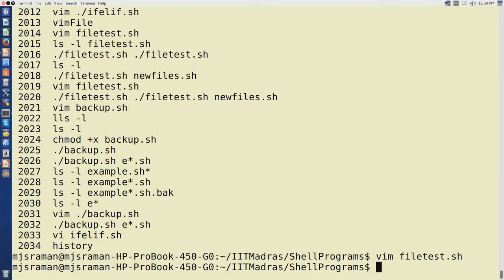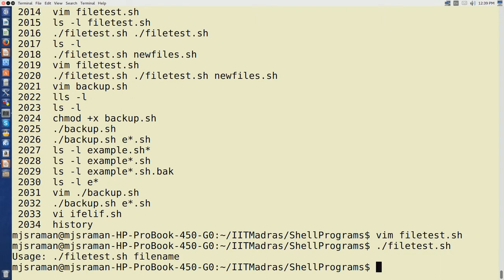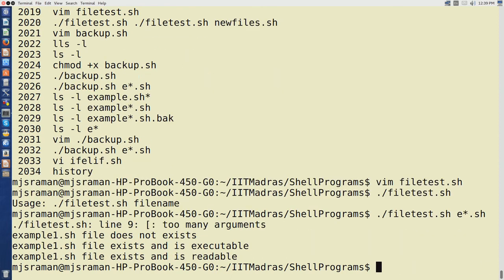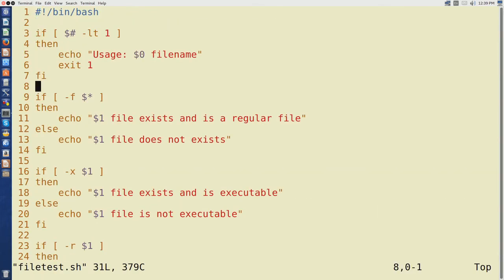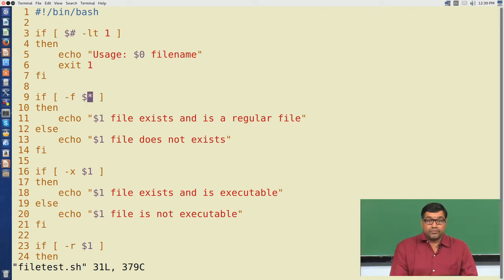Okay, I have put a $star and then try to execute this program file test.sh. Now, if you look at this, I have to give a file name. So, let us say e star.sh. Now, if you look at this, there are too many arguments. So, this error occurs because if you look at this file test.sh, this $star gets a list